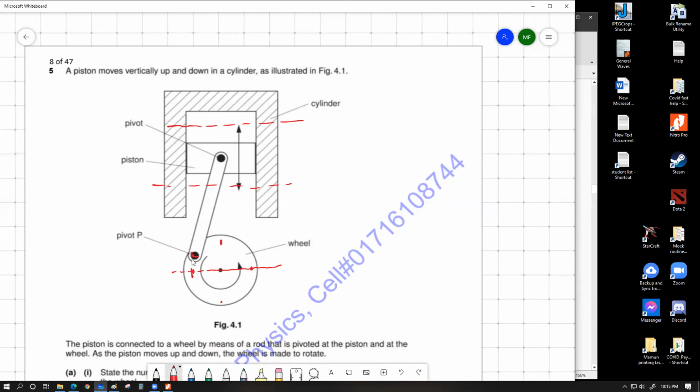If it is on the left side, the piston will be going down. If it is on the right side, the piston will be going up, because the arrow shows this is an anti-clockwise motion. So basically, as this thing goes around in anti-clockwise circles like that, this thing keeps on moving up and down like that. Is the idea understood? The circular motion of this thing is converted into piston motion like that.